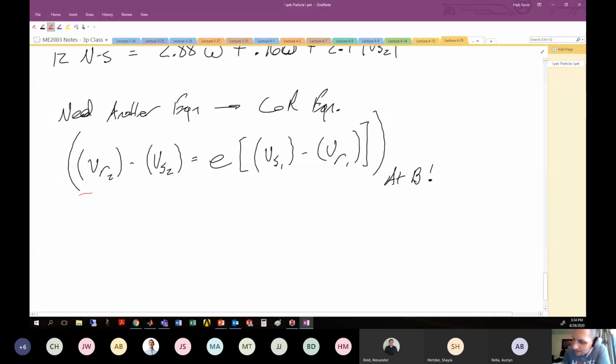The velocity of the rod in state number 2 at point B is related to the angular velocity of the rod, and it will be something like 1.2 times omega. It's this kinematic relationship, because this is going to be the velocity of the rod at point B after the impact has occurred. The velocity of the sphere in state number 2, this is kind of what we're after. This is an unknown,